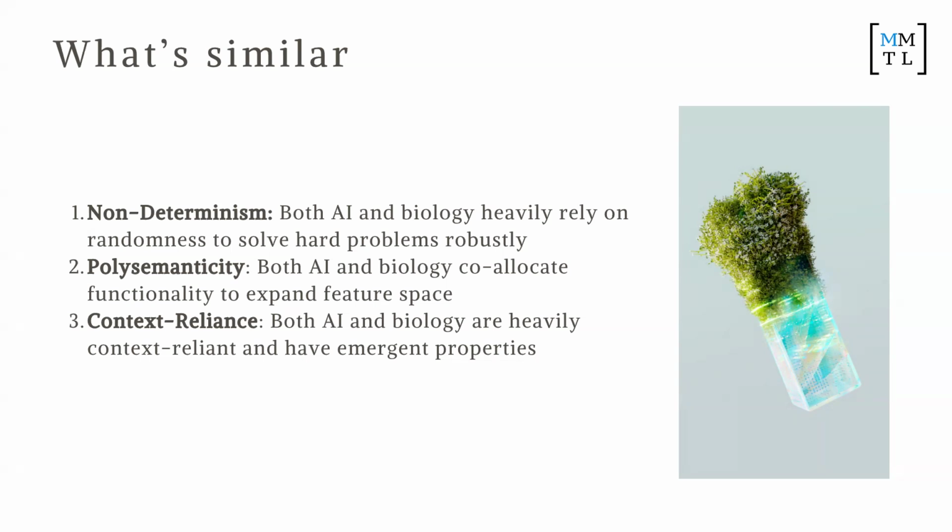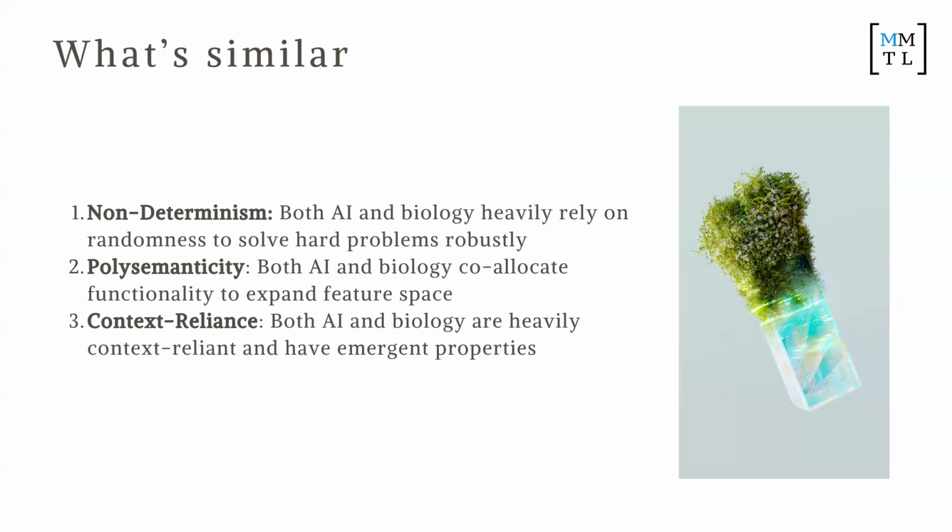And so biology actually relies heavily on randomness to solve really difficult issues, such as low energy usage, all sorts of things like that. The second is polysemanticity. So there's this funny sort of thing that started coming up in Nature papers, which is they realized that when you identify a gene, so for example, I don't know, ABC1, right? And then you have another one, which is XYZ2, they started realizing that these genes that did completely different things were actually the exact same gene. This has been happening for the last 20 years, and there's just this ongoing joke in the journals, which is that every now and then they get a paper where the protein's exactly the same. They thought they were two completely separate proteins, or it's the same gene, or whatever.